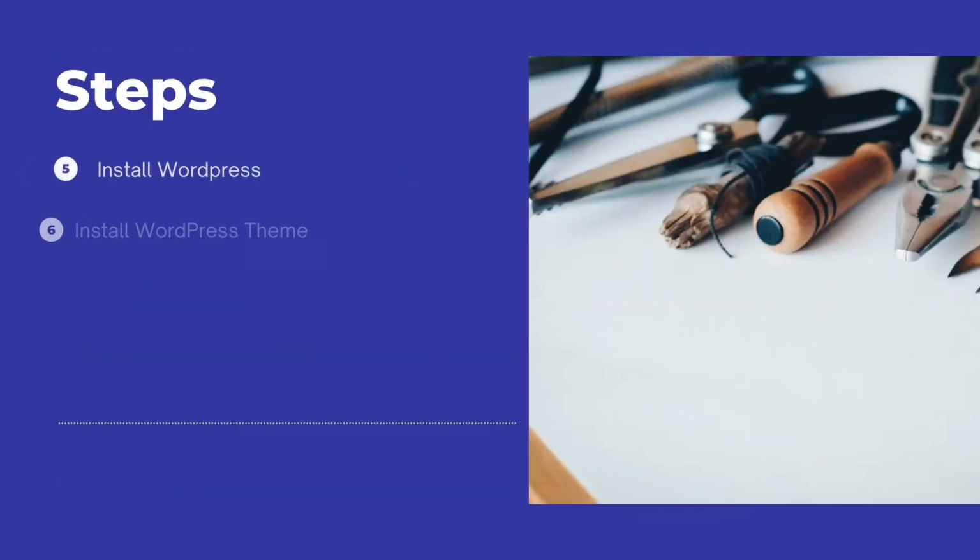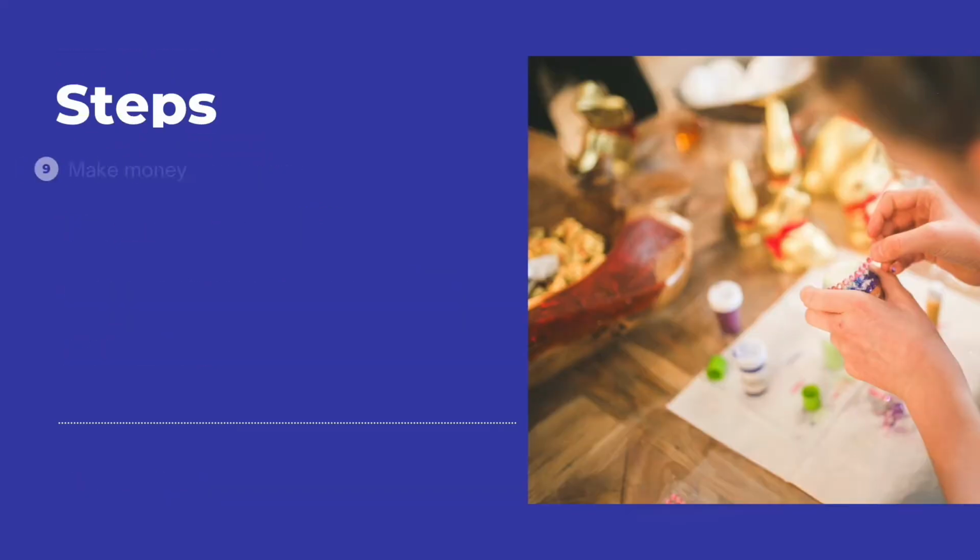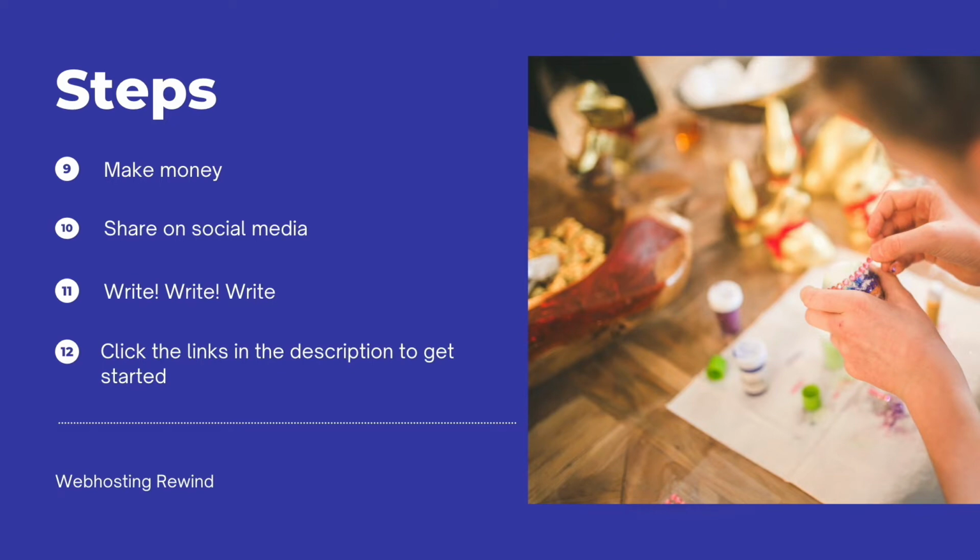After that, we are going to cover installing WordPress, installing a WordPress theme and what a WordPress theme is, important changes that you absolutely need to make to your website in order to get discovered by Google, and then how and why to start writing. After that, we are going to talk about some ways that you can make money, why you need to share your content on social media in the very beginning, how many blog posts you need to write, and then again,